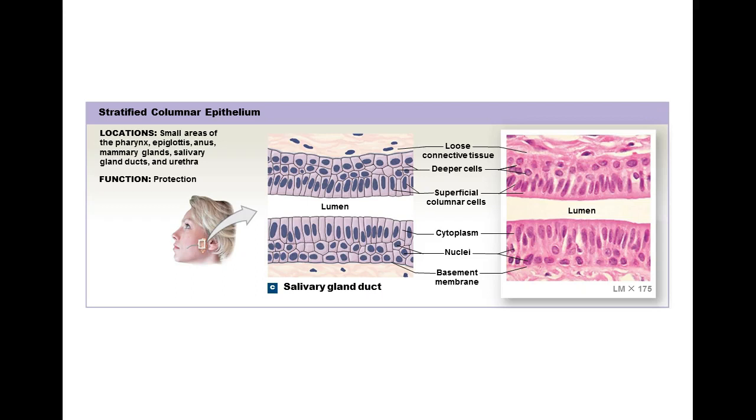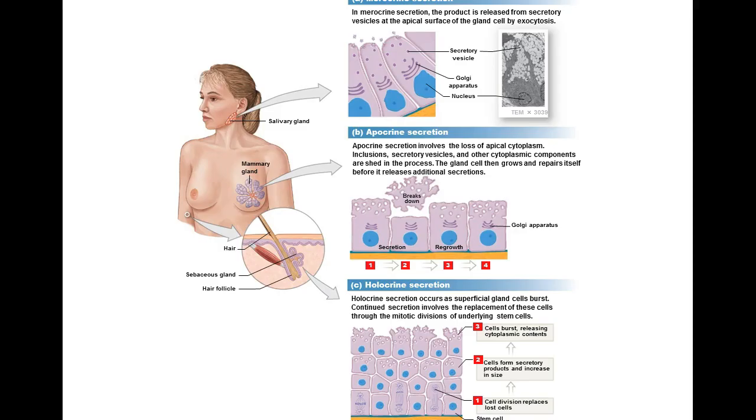Think of the pharynx, think of the salivary ducts, where you need to make sure that, and they are areas where a good amount of pathogens are introduced to that particular area. In your throat area, there is the capacity for a good amount of pathogens to be introduced to that area, so you have additional protection there. And then going on to the